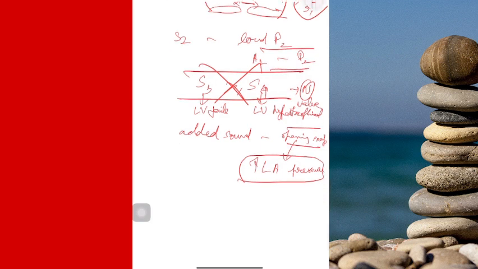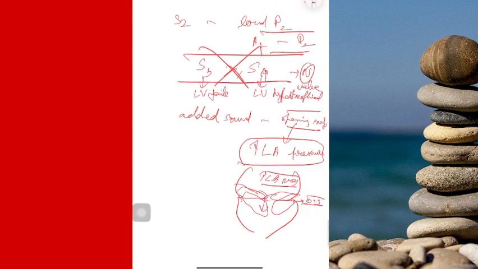When the LA pressure increases, the valve leaflets do not only approximate with more pressure and produce a lot of noise. When they approximate with each other, the increased LA pressure is still persistent, which causes doming of the valves into your left ventricle. This doming down of the valves due to increased LA pressure produces what is called the opening snap. Okay, so this is the opening snap.